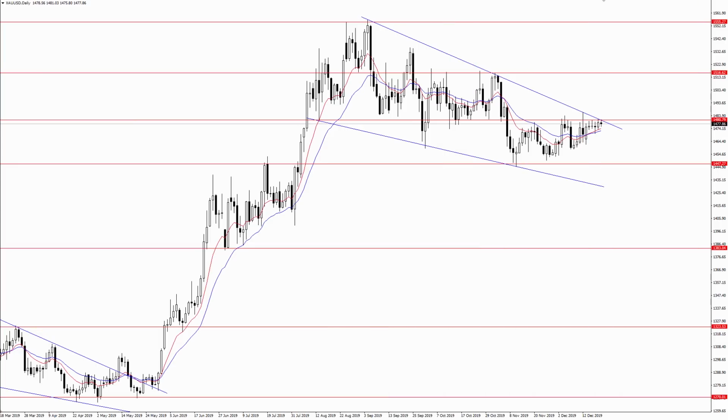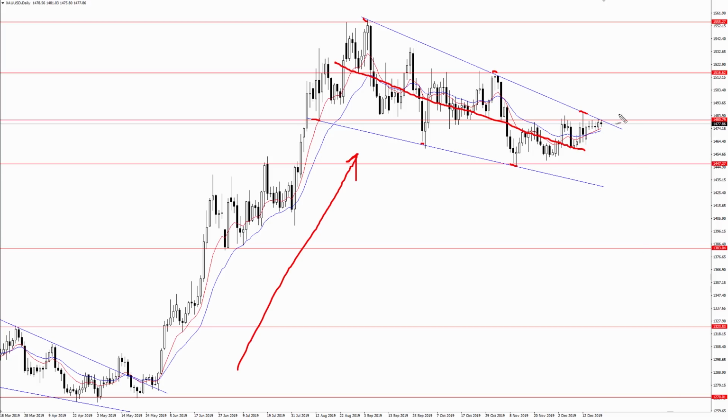Last but not least, we have gold, or XAUUSD. And this, in my opinion, is perhaps the most interesting pair of the five. And that's because of this falling wedge that I've discussed now for several weeks. And this wedge pattern comes after this massive rally we saw earlier this year. So to me, we had this uptrend, and we've since had consolidation in the form of a falling wedge. So this very well could be a continuation pattern.